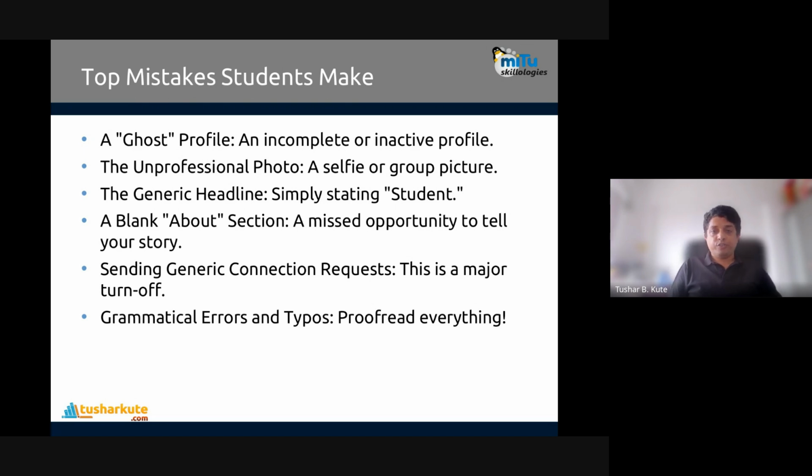A blank about section misses the opportunity to tell your story. What you have done should be highlighted in the about section. Sending a generic connection request is a major turn off. Generic means directly requesting, no message. I have also given the message format. And very importantly, grammatical errors and typos. Proofread everything; no typo should be there. Some characters can be exchanged, like I and E are exchanged and we do not know. So you just have to identify grammatical errors and proofread everything,